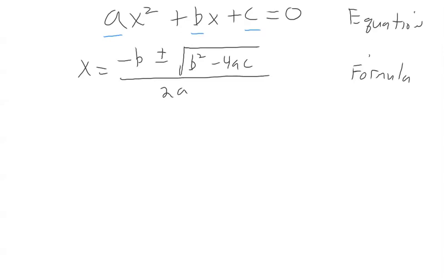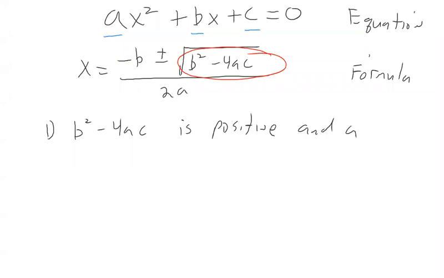And so there's some things that we can pay attention to, right? I'm only going to talk for a minute about the stuff under the radical sign. So there's a couple rules. One, if b squared minus 4ac is positive and a perfect square, which means you can take the square root of the number, then the roots are real,